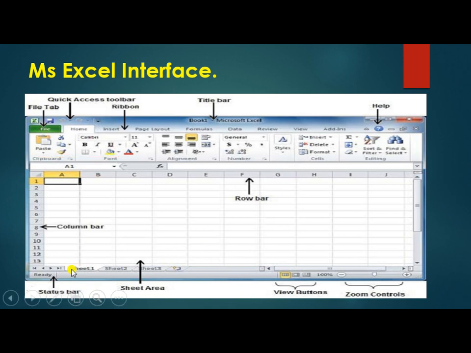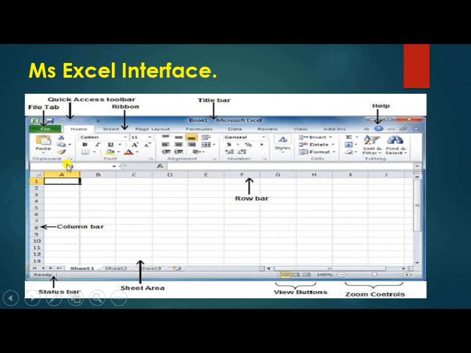Now my dear, I have told you that by default we can see three worksheets. These are called Sheet 1, Sheet 2 and Sheet 3. Whatever you see in Sheet 1, Sheet 2 is the same. Then when you complete Sheet 2, you use Sheet 3. You are thinking only 3 sheets we can use. No, you can add plenty of sheets.